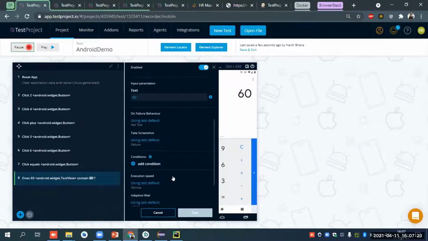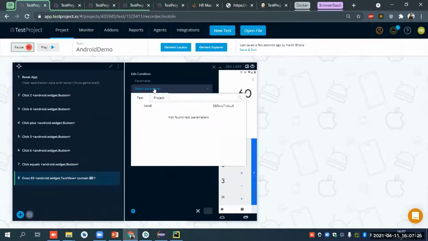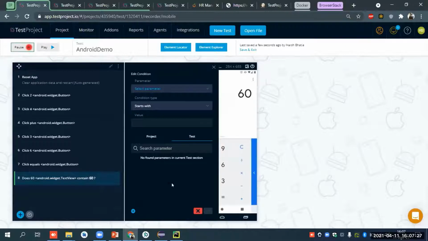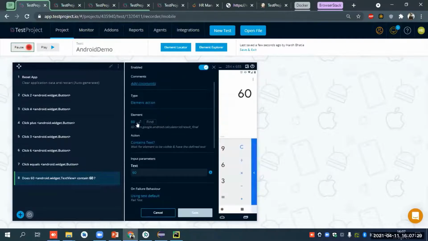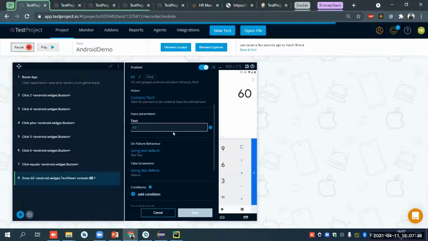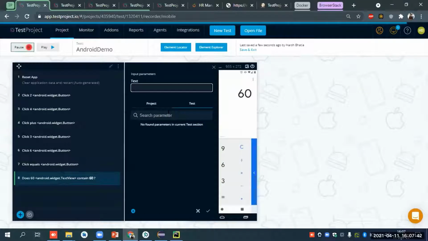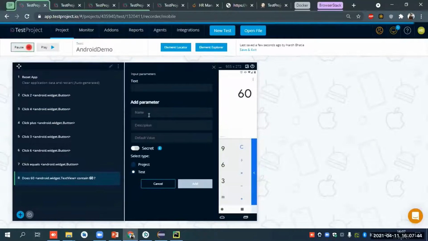So what I do here, I will just add a new condition here. Okay, just let's save the value in a parameter first. We create a new parameter.